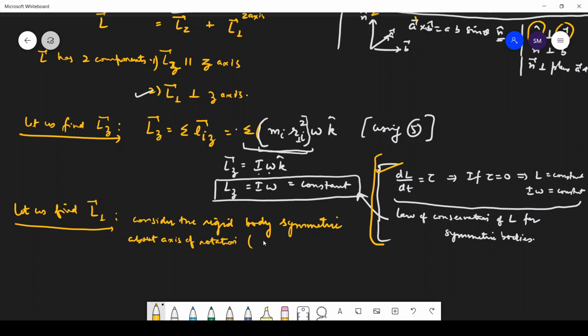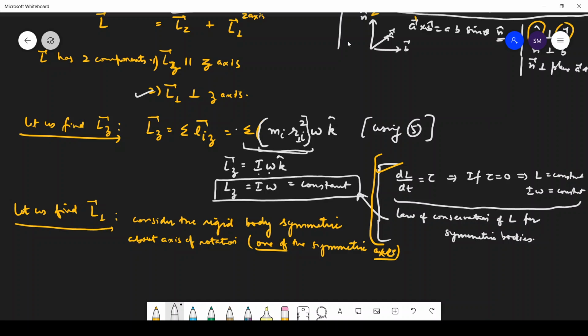Or you can say it means one of the symmetric axes you can take. It means the rigid body is rotating about one of the symmetric axes. Okay? So it's plural here, axes. One of the plural word here. Okay, so for such a body which is symmetric about the axis of rotation, so for such a body,